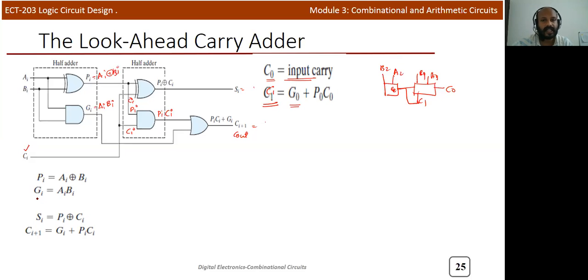So this is the general equation for calculating Ci plus 1. C1 we can calculate by putting i equal to 0 here, so G0, P0 and C0. And similarly,